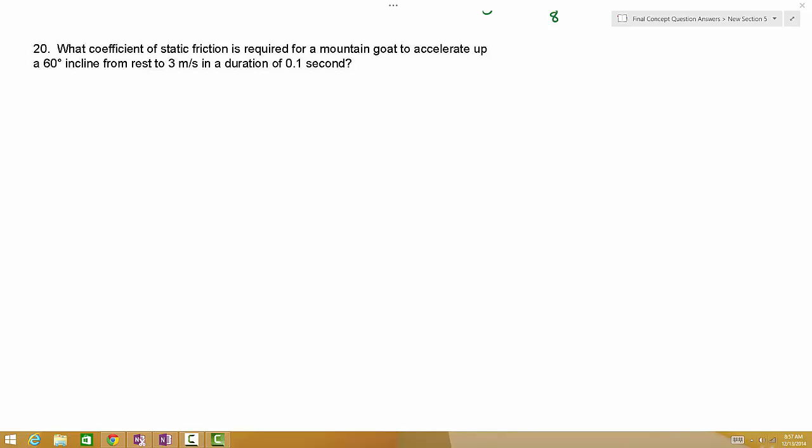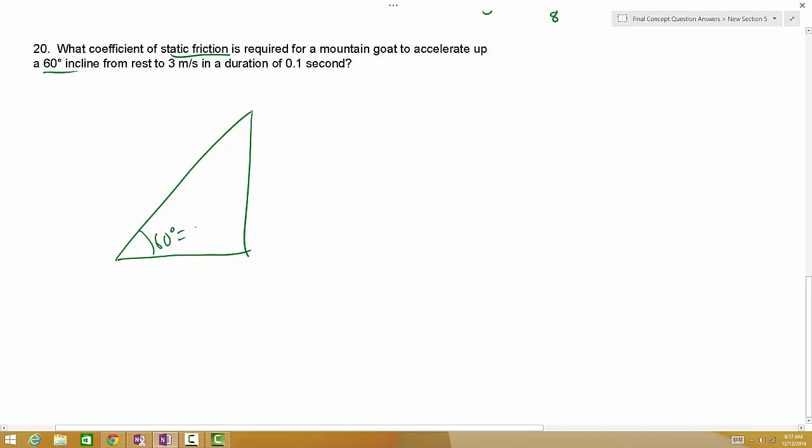What coefficient of static friction is required for the mountain goat to accelerate up a 60-degree incline from rest to 3 meters per second during a 0.1 second interval? Okay, so let's draw this out. You've got some incline here, 60 degrees, I'll call that theta, and then we have our mountain goat, which is going to be accelerating